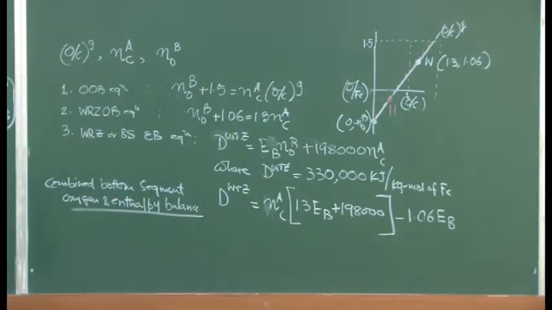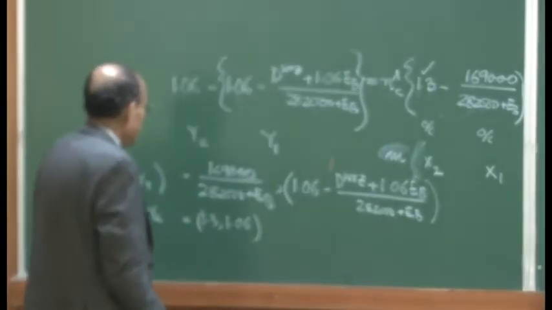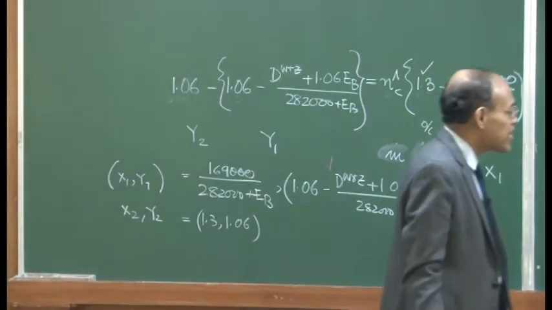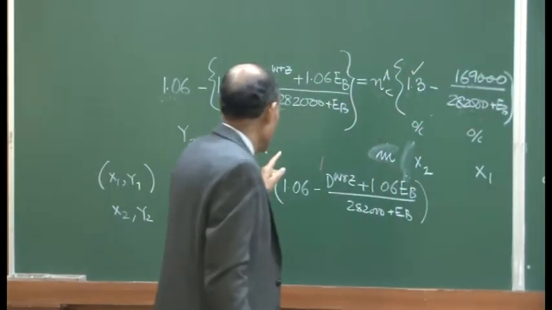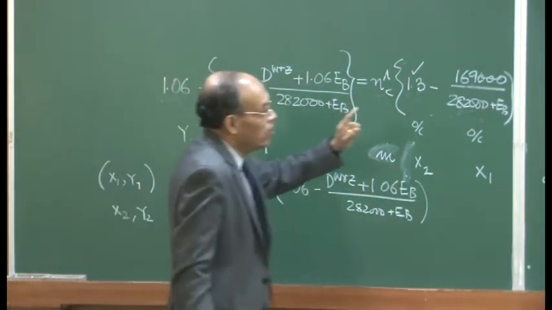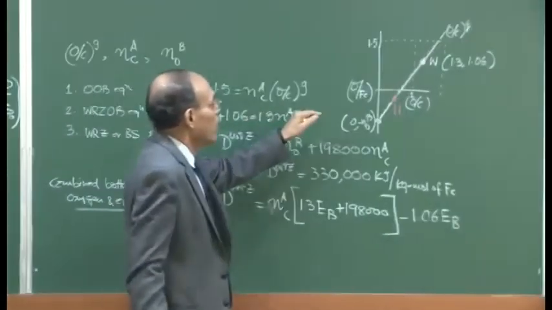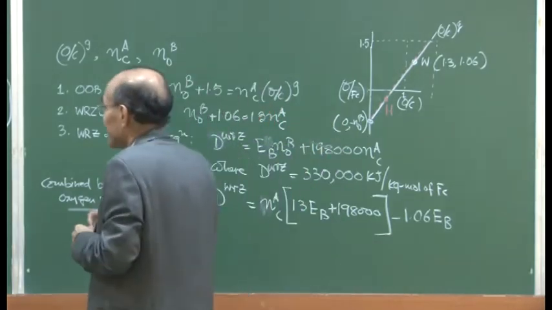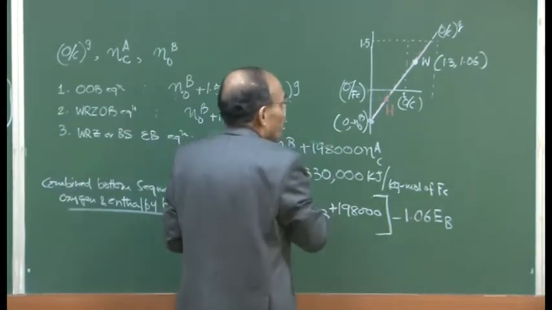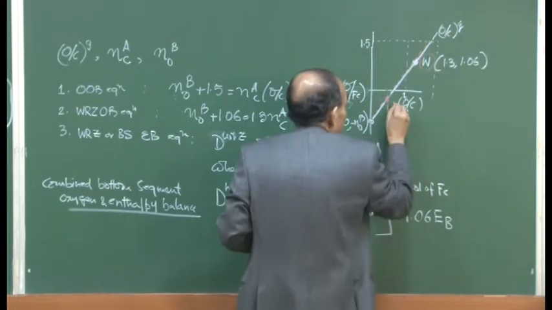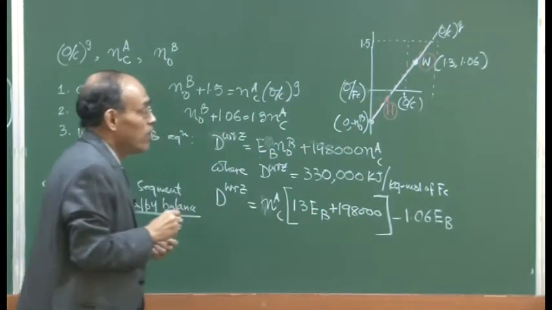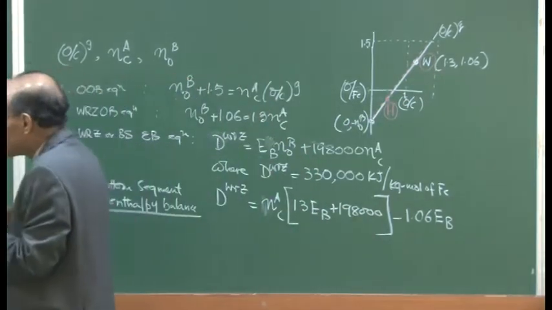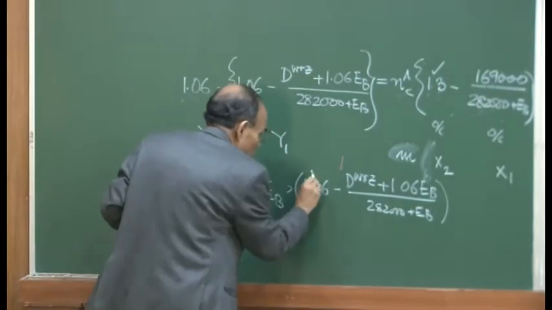So, therefore, the combined enthalpy balance, bottom segment enthalpy balance and oxygen balance equation tells us that a plot constructed to show the variation of O by Fe with O by C will essentially indicate that the straight line thus constructed will pass through two different characteristic points. One is the W point, the other is the H point. The W point and the H point, as I have indicated, and I have mentioned several times, this factor 1.06,